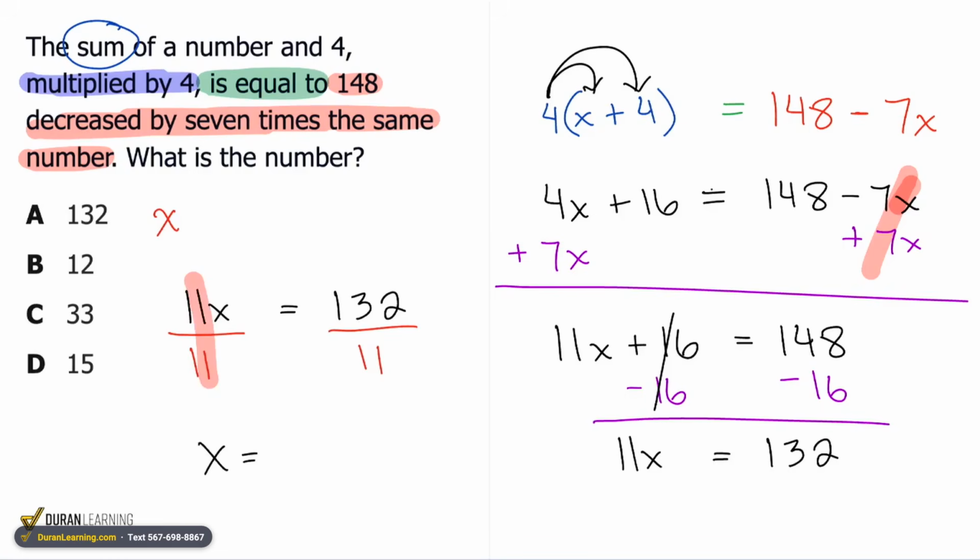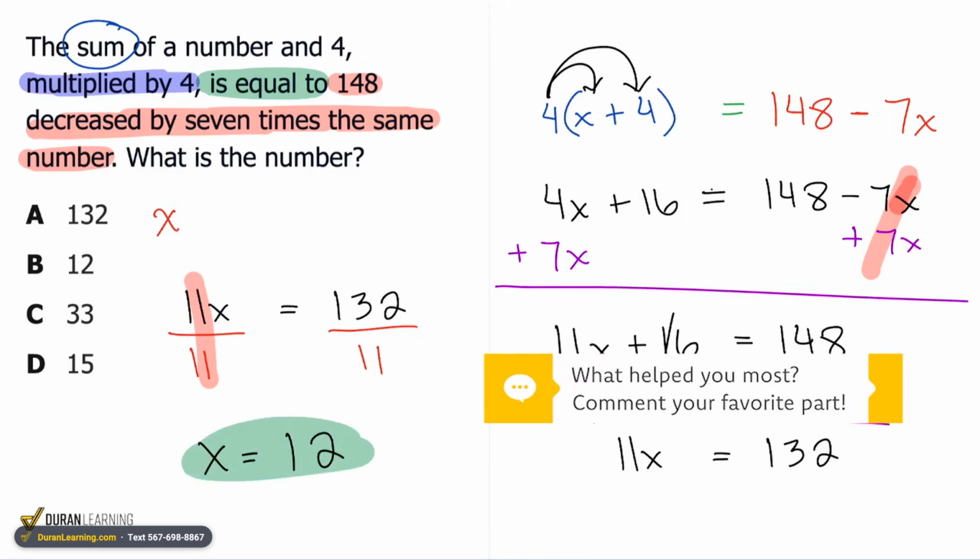Right here, cancels out on the left, and we get x equals what? Yeah, x equals 12. 11 times 11 is 121. Add another 11, and we get 132. So the answer there would be 12 times 11, and there's our correct answer. X equals 12 makes answer choice B